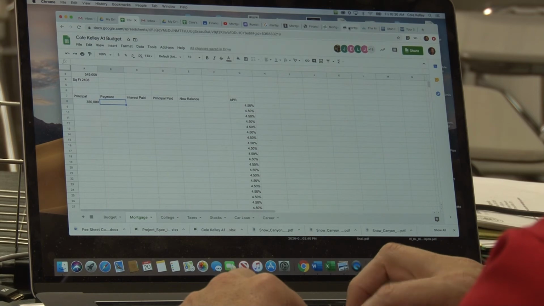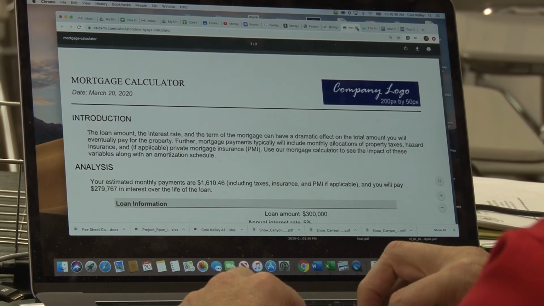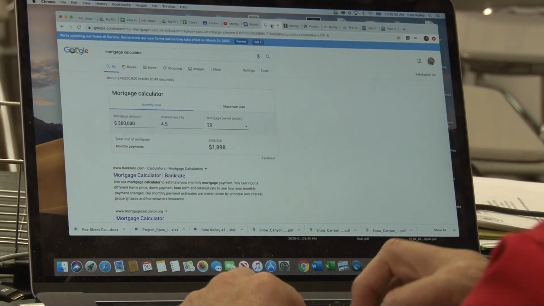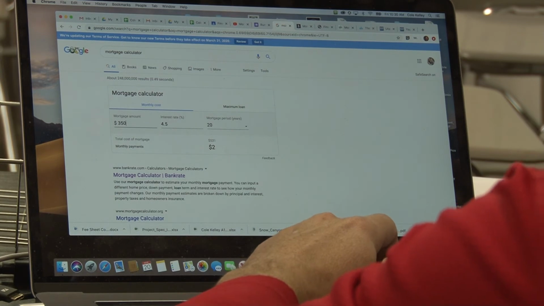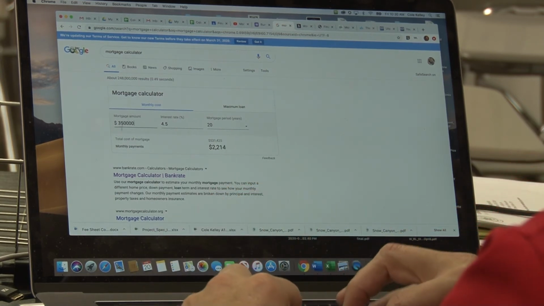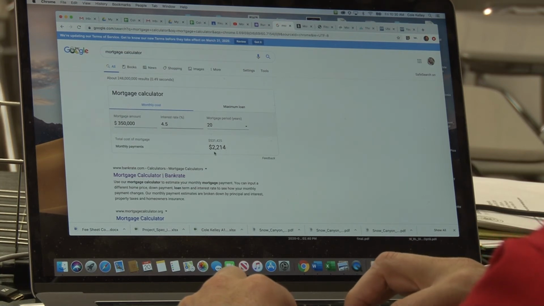If you want to get an idea of what your payment would be, go to one of those calculators that I just showed you. If you just go to the Google calculator here and put in 350,000, if you did a 4.5% interest, it's saying that your payment would be about